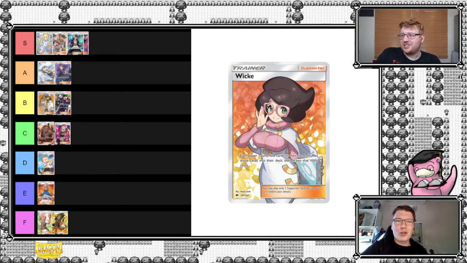But yeah, what about usability? What are we looking at here? Yeah, this card saw no play. It's really, really poor. Very, very bad. So is the artwork what saves it from an F tier? Is that what you're trying to...